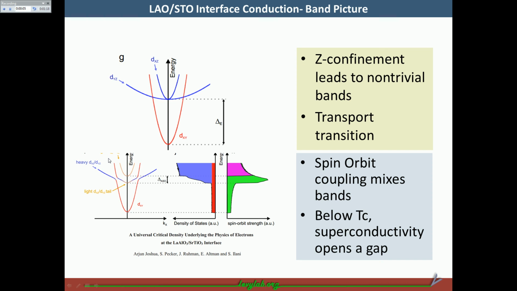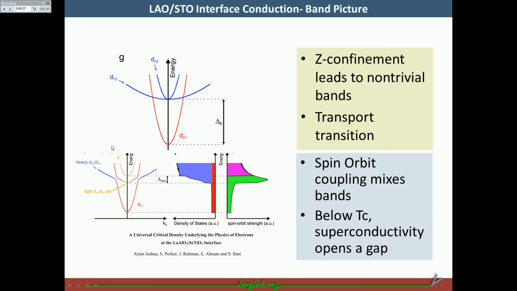It's important to know that there are multiple carriers in the system due to the Z confinement at the interface. The DXY band gets pulled to a lower energy than the YZ and XZ bands, and this is seen in transport measurements. There's a critical carrier density at which the DYZ and DXZ bands become occupied,